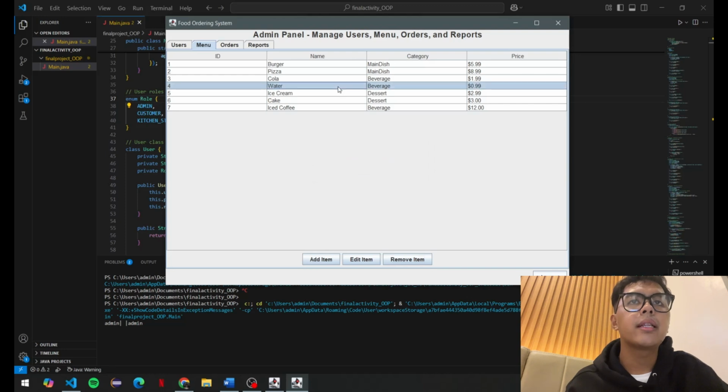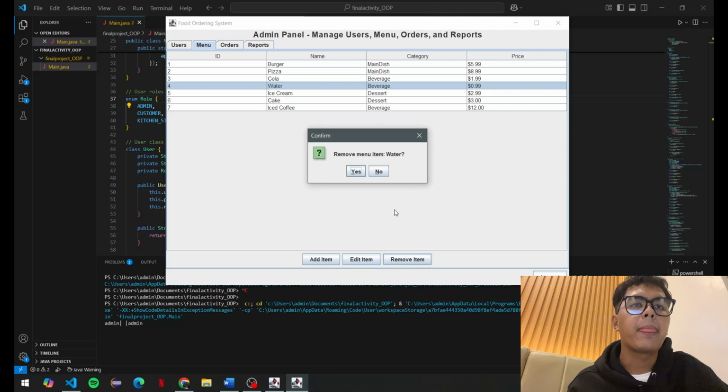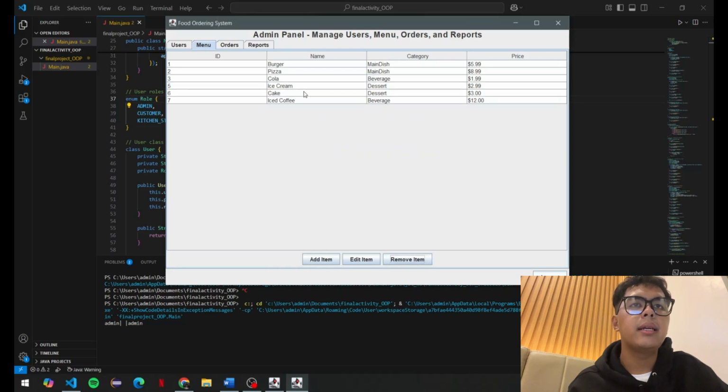You have to select the item first before you can remove it. Just click this and yes. As you can see, it is deleted successfully.